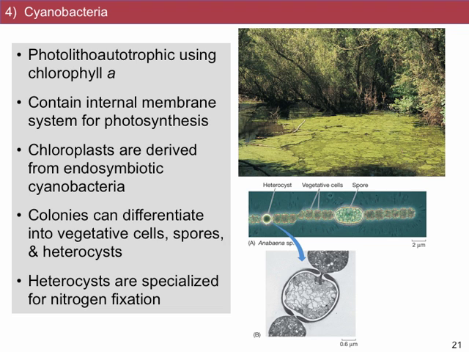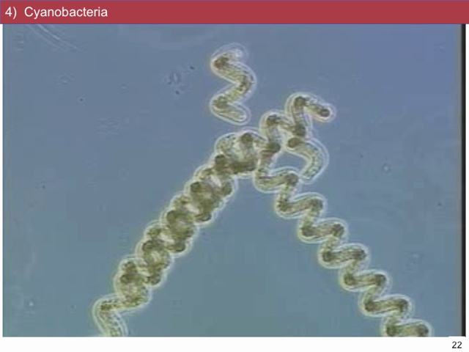Many of them form these long filaments. A lot of them fix nitrogen and do interesting things and are symbiotic, for example, with fungi or other organisms to help them acquire nitrogen. Some of them are spiral-shaped, so this is a spiral-shaped one that also does this sort of corkscrew type movement. I don't know if it does it in the same way as the Spirochetes or not, but there are many spiral-shaped organisms across the tree of life.